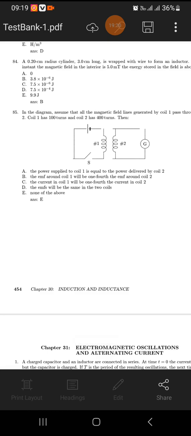We have 2 turns here, we have this one and this one. Therefore the EMF, current and power are all affected. But when you choose none of the above,